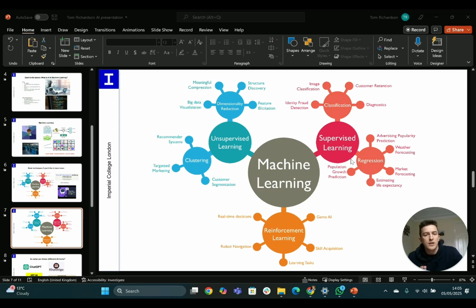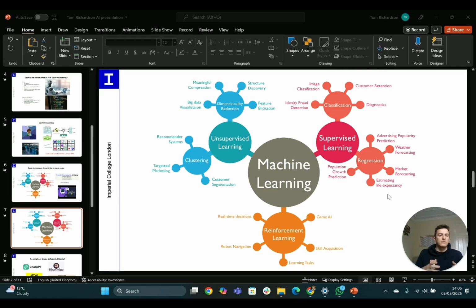Within supervised learning, you have classification, which is where the label is a name, such as in computer vision, where you will be identifying maybe things within a picture. Is this a cow, a sheep, a horse? Whereas regression, what you're actually doing is mapping it onto a number, a metric, such as